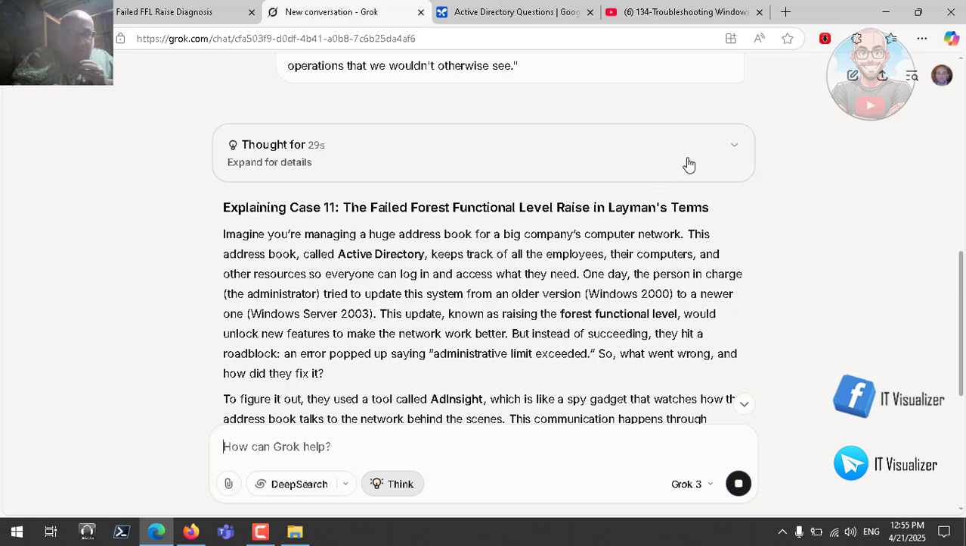So here it took about 29 seconds of thought. Explaining Case 11, the failed forest functional level raise, in layman's terms. Imagine you are managing a huge address book for a big company computer network. This is the Active Directory. This address book, called Active Directory, keeps track of all employees, their computers, and other resources so everyone can log in and access what they need. One day, the person in charge, the administrator, tried to update his system from an older version, Windows 2000, to a newer version,